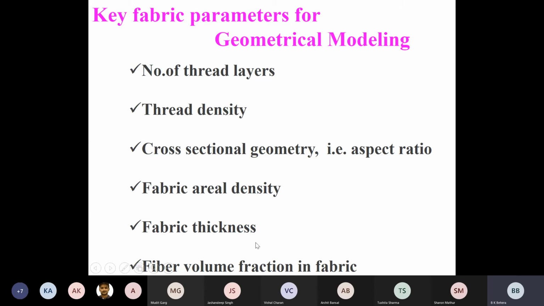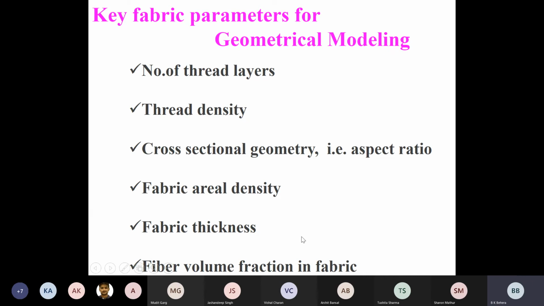The basic purpose of producing 3D fabric is, one of the basic purposes is to produce very thick fabric. That's why it is called 3D. Then fiber volume fraction. I have already explained what fiber volume fraction is. It is the volume occupied by fiber in the fabric as a fraction of the total volume of the fabric. Total volume means length multiplied by breadth multiplied by thickness. That is total volume. And in that volume, how much space is occupied by fiber? So the volume of fiber divided by the total volume of fabric is called fiber volume fraction.